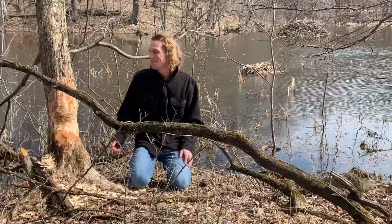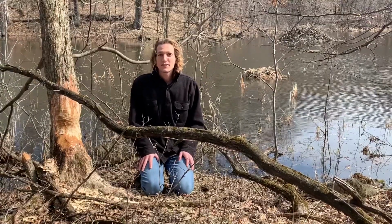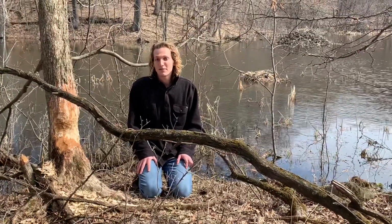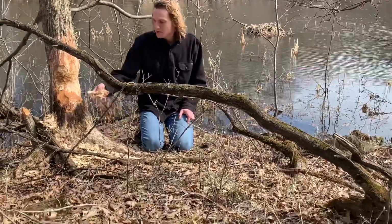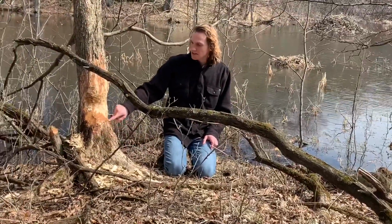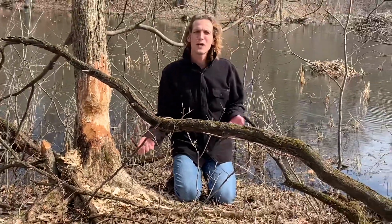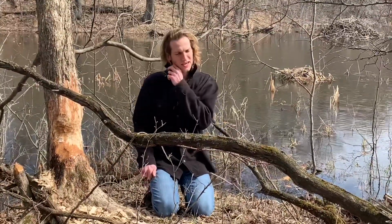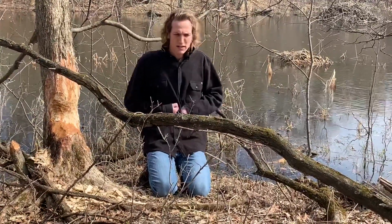So I'm over here by another beaver tree. And this one was chewed really recently. Actually, I was here 2 nights ago, and since I came at night, the beavers were actually active. And I saw this guy over here chewing on this tree. You can still see all the wood chips on the ground, and actually the sap is still dripping out of the tree because he's been here very recently. Now, when I was watching the beaver over here that night, he kept sitting up, looking at me, and then he would start rubbing his tummy. And I was like, what's the beaver doing? And so I was watching him and he just kept rubbing his tummy like this,